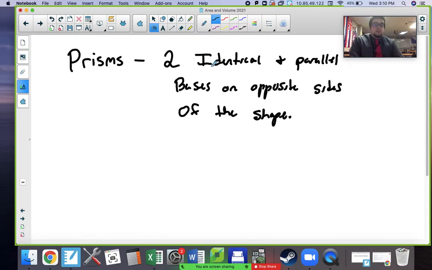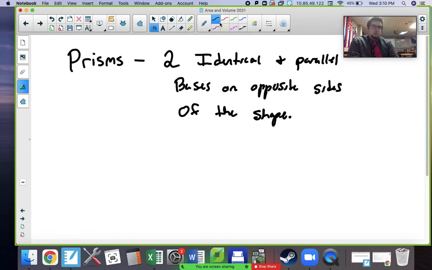So identical, they have to be the exact same size in every possible way, the same angles, the same side length, same everything. And then parallel, that if one's running straight up and down, the one on the other side is straight up and down. If it's perfectly flat on the bottom, it's flat on the top. It could be rotated in any one of those ways, but one of them mirrors itself on the opposite side